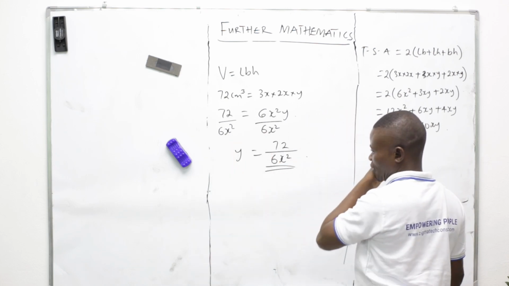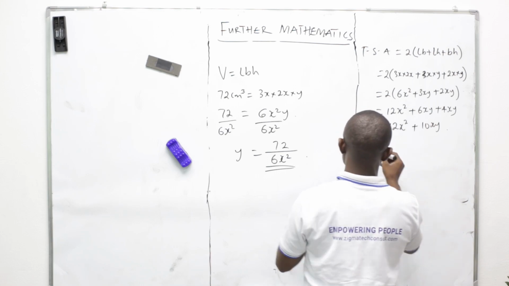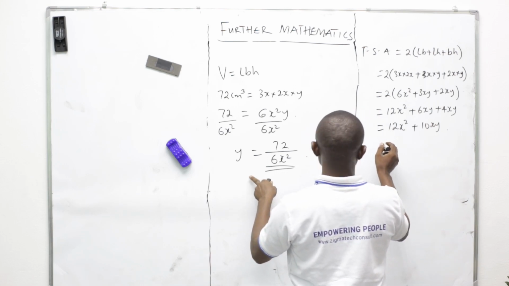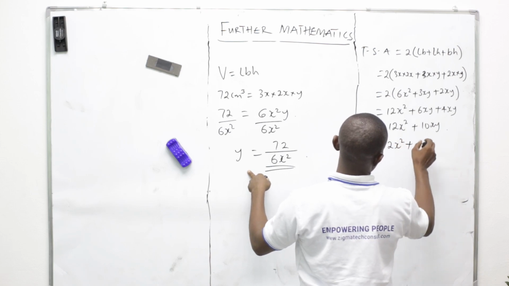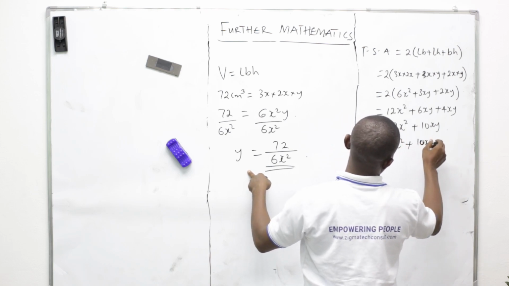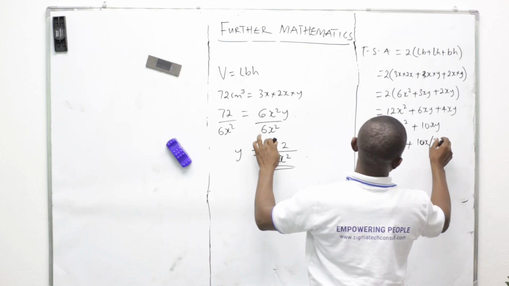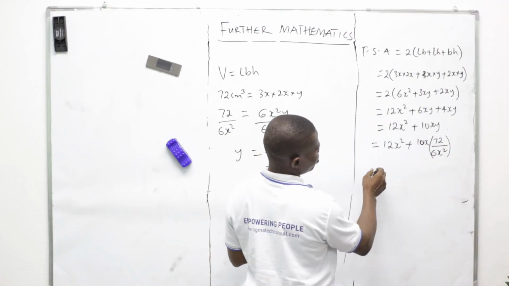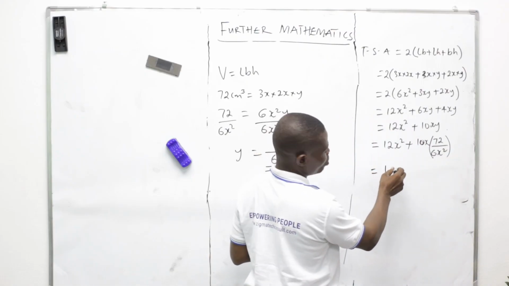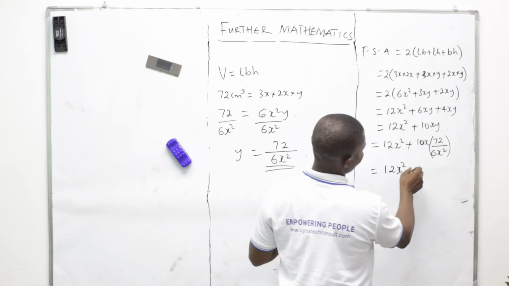If y is this, then the expression in terms of x only implies 12x squared plus 10xy. Recall y is who? 72 all over 6x squared. To give us 12x squared plus